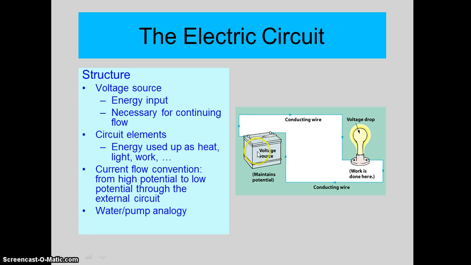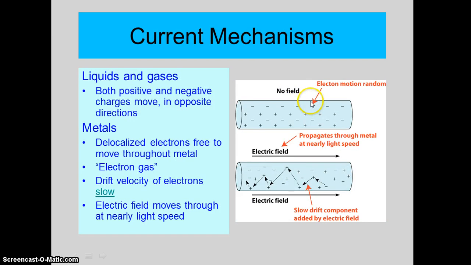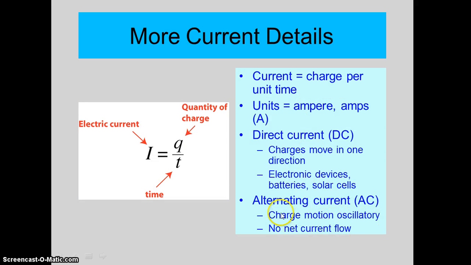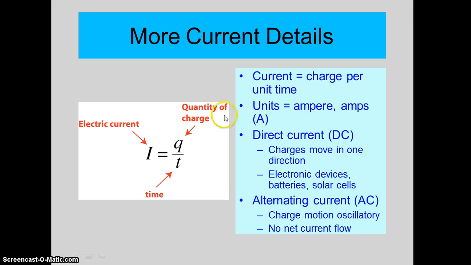If you had a generator here, an electrical generator, what happens is the current goes one way and then it'll go back the other way. And so that's what we mean by AC, or alternating current. So the motion is back and forth. So the direction of the current is one way and then the other way. And another way of saying that same thing, it turns out, if you look at it mathematically, is that there's no net current flow. All right, and let's see. Well, this is called Ohm's law. We'll get to that shortly. I want to do a quick example of